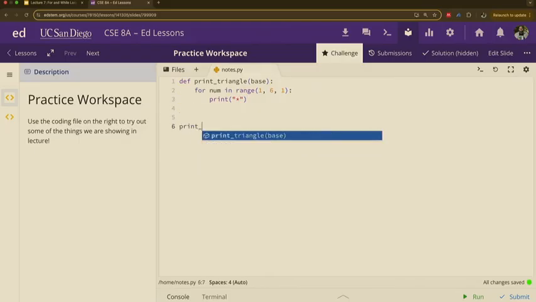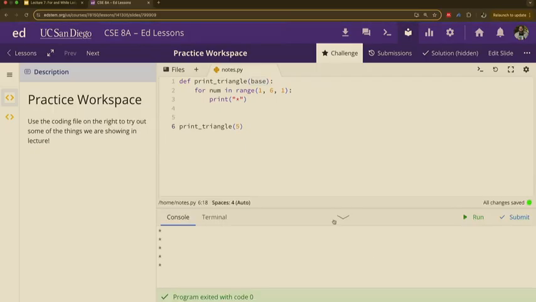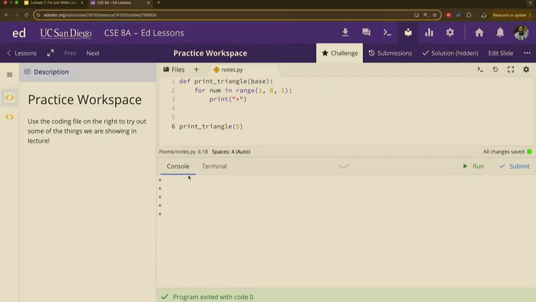Let's just print the triangle. And let's see, we want 5. Let's run that. Okay, great. We got a total of 1, 2, 3, 4, 5 lines. That's great. We wanted a 5, right? So,